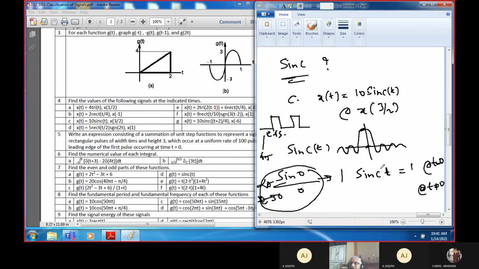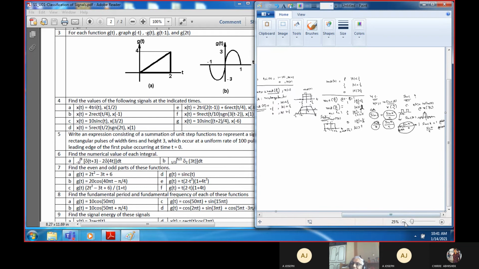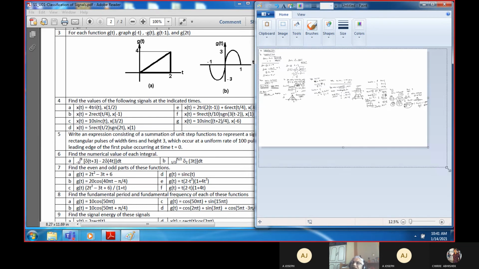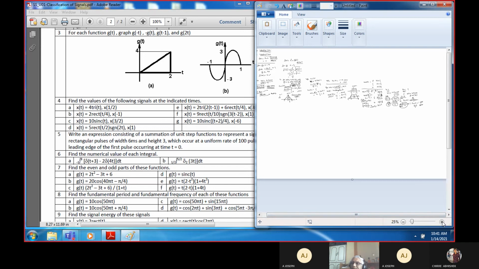Obviously, we have to calculate. We can't simply write it as sinc t. We have to write it as sin t divided by t. That means we have to substitute the value of that time, calculate sin t, then divide it by t. Okay. Now, this is how the definition will be provided. So let me try to expand this a little bit, and then we will come back.